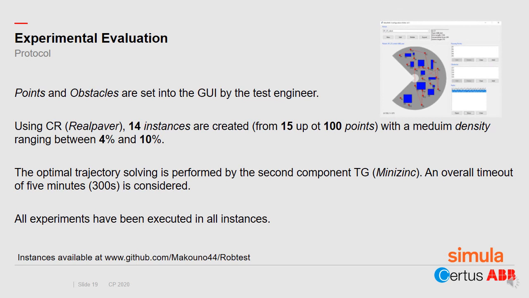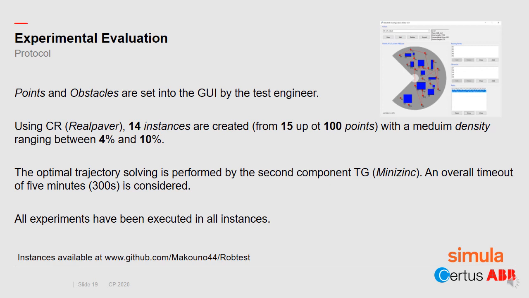So the last part of this presentation will be the experimental evaluation. For the evaluation of RobTest, we define a specific protocol. So the test engineers are setting points and obstacles in the user interface. From this interface, the first component of RobTest can be run. This component is using RealPaver, and we create 14 instances from 15 to 100 points. The medium density of the generated graphs is between 4% and 10%. The second component of RobTest